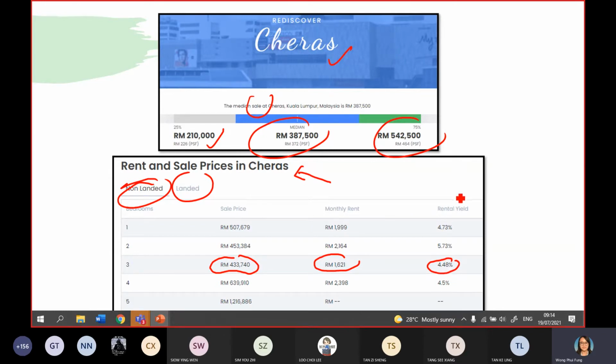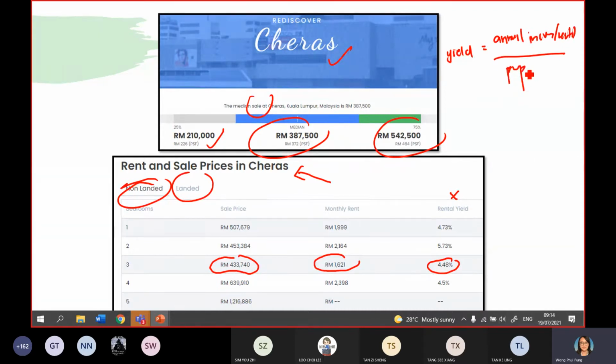So if, let's say, this information is not available, you can always use the formula that I taught you just now. The yield is equivalent to annual income, meaning the rental, divided by the property price. So in this case, the monthly rental is 1,621. Okay, this is monthly but the formula is annual, so you times 12. One year has 12 months. Divided by the property price, this one,